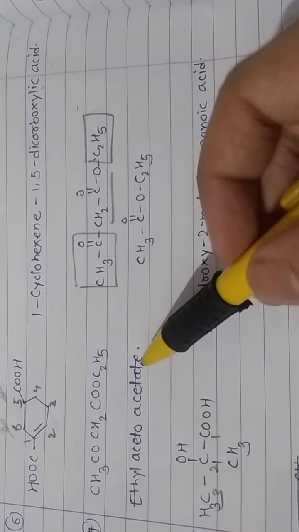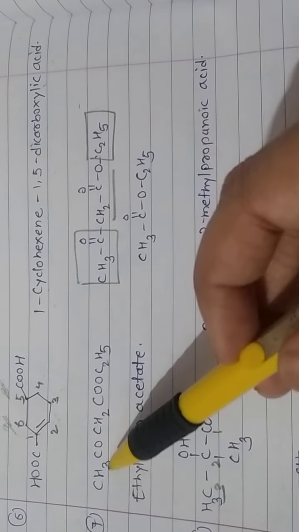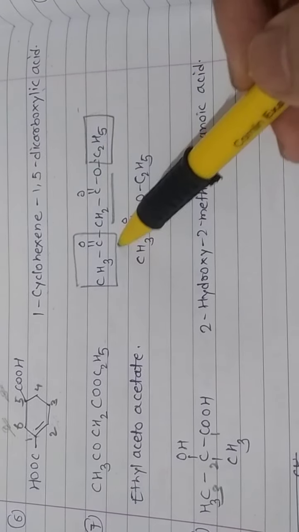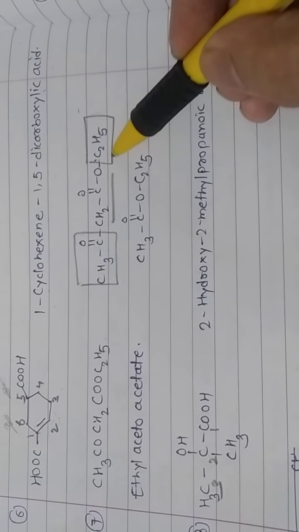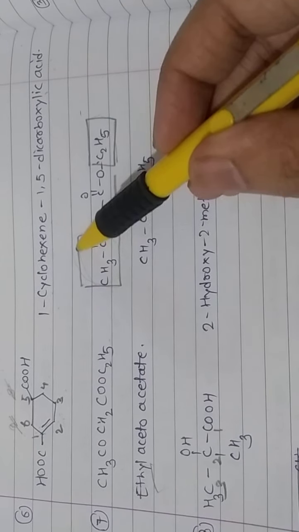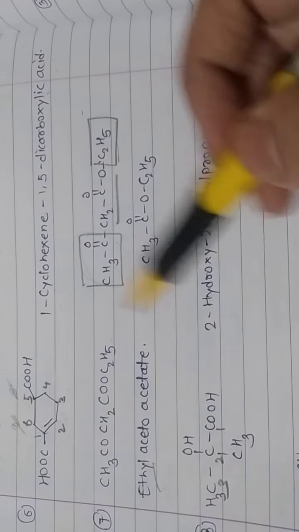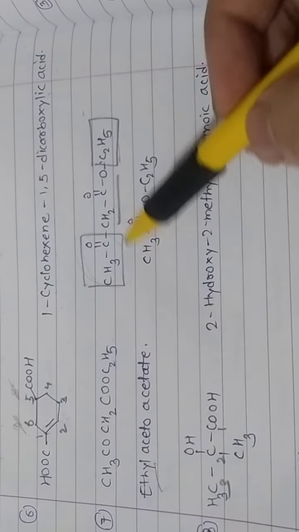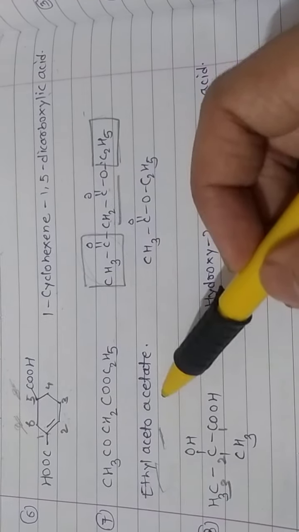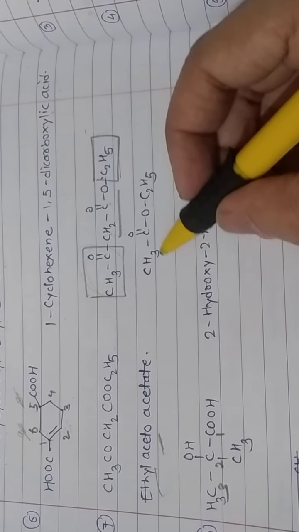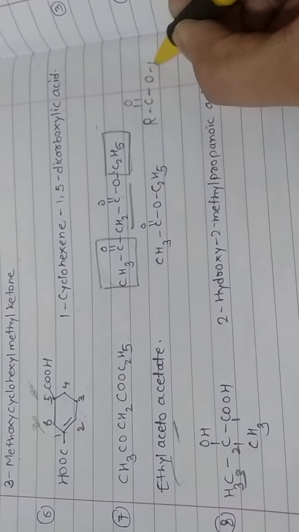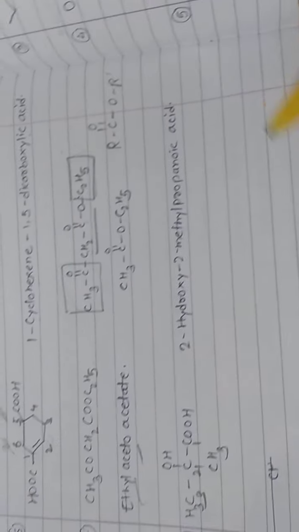Next one is ethyl acetoacetate. So again, like first example, we have to simplify the structure. So this one is the type of ester. C2H5 is ethyl part. This COCH3 we have seen in first example. In that, that was anhydride. This one is ester, so it is aceto, and there are 2 carbon in between, so acetate. If you see general structure, it is like RCO OR dash, so it is an ester.